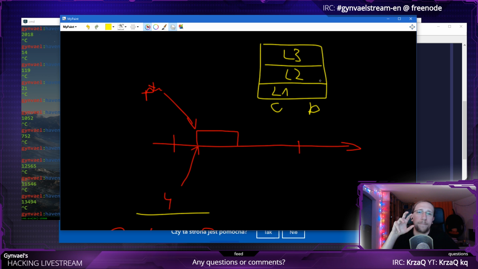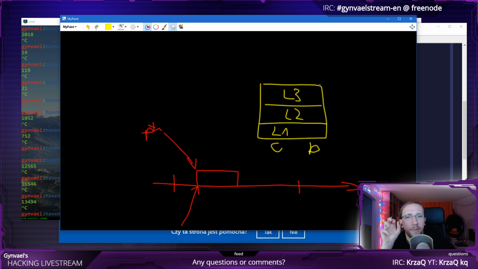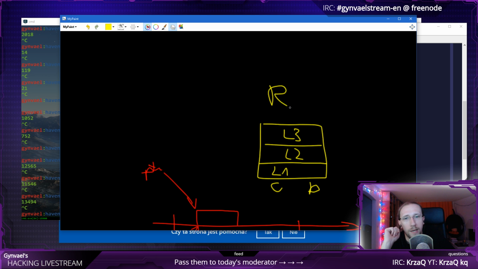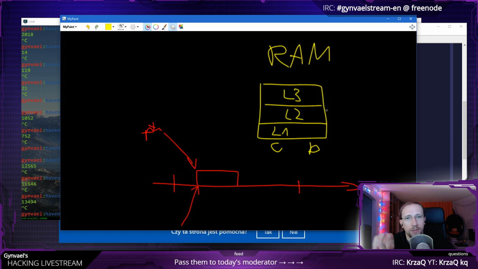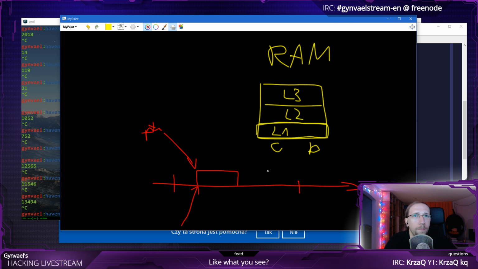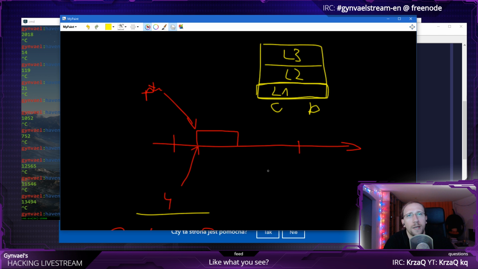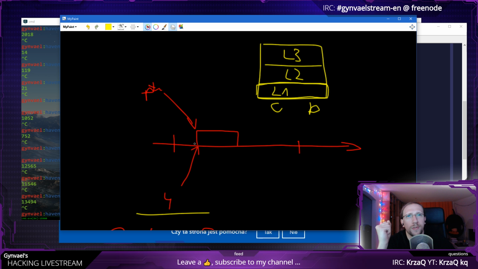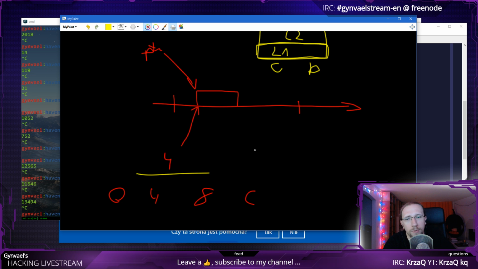And then above the cache, if the cache runs out, you have RAM. Now, the cache is divided into so-called cache lines, and each cache line is actually 64 bytes or 16 bytes or 32 bytes, depending on the architecture. Therefore, when we have this stack, parts of the stack are also loaded into the cache. So if you have the cache and the cache lines are here,